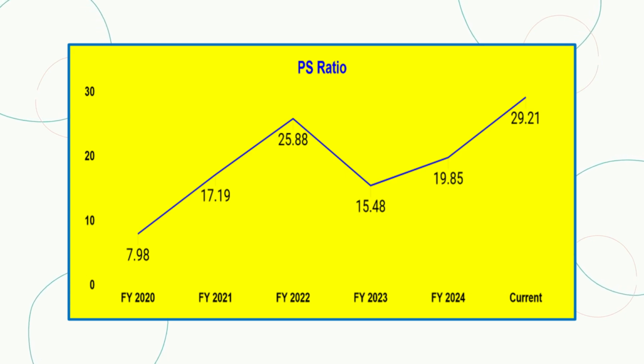This ratio increased significantly over the years, reaching a peak of 25.88 in FY 2022. It then declined to 15.48 in FY 2023, but rebounded to 19.85 in FY 2024. As of the current period, the PS ratio stands at 28.5, indicating high investor confidence and valuation relative to revenue. The recent increase in the PS ratio suggests that the market is optimistic about CDSL's growth potential, with investors willing to pay a premium for its revenue streams, likely due to the company's strong performance and leadership in the depository